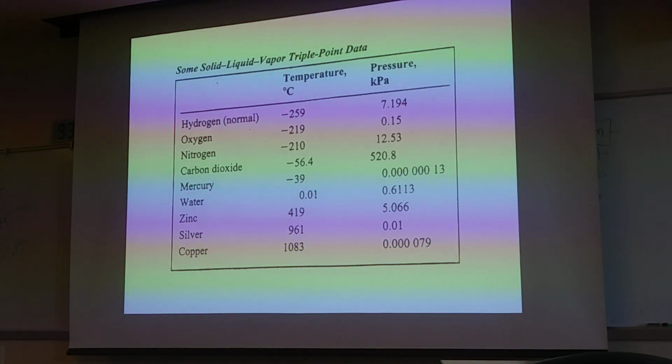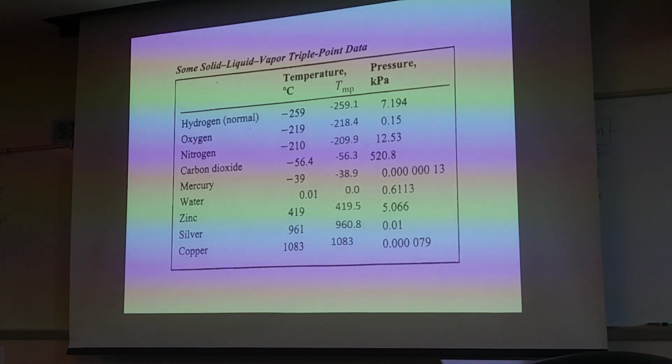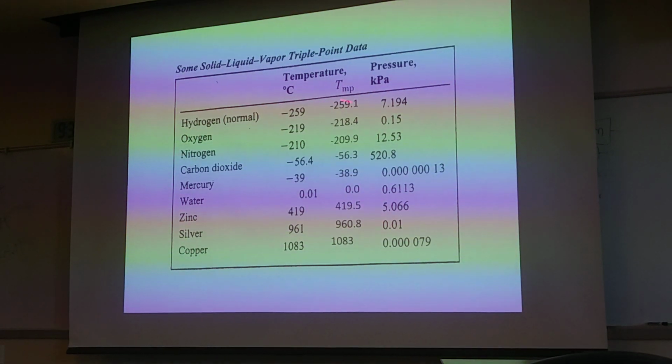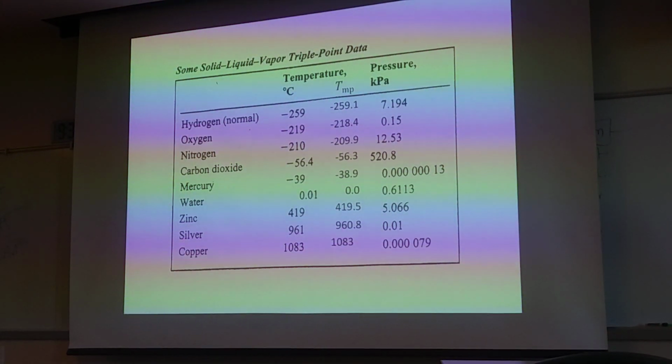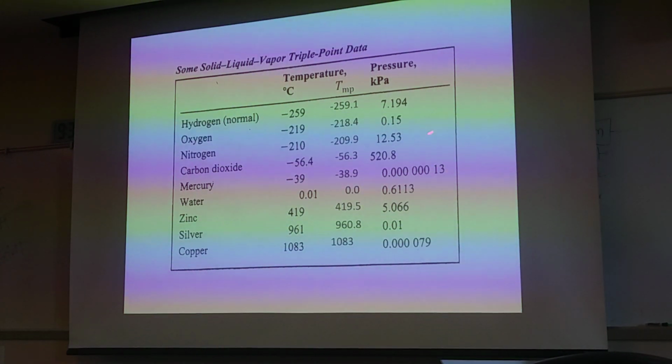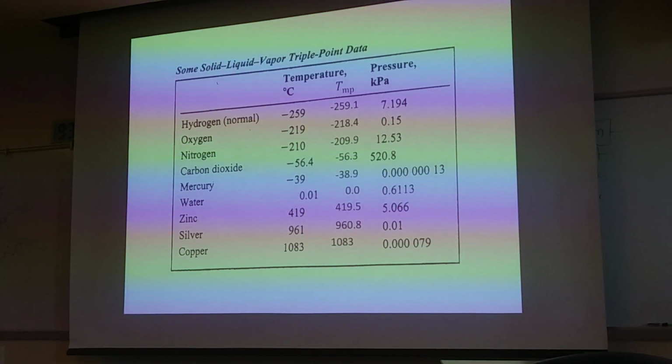The triple point temperature is interesting, but what we notice is that it's almost exactly within 1/10 of a degree or so of the atmospheric pressure melting point. And that's going to be true kind of across the board. So that's what the triple point temperature looks like. The triple point pressure is pretty low. Let's remember that,